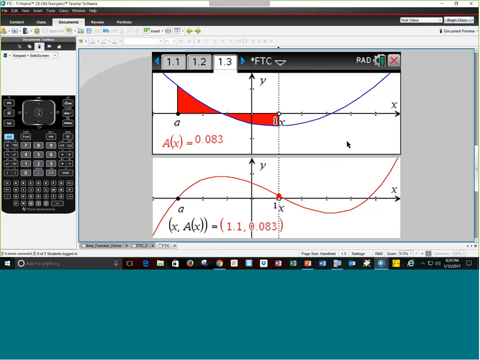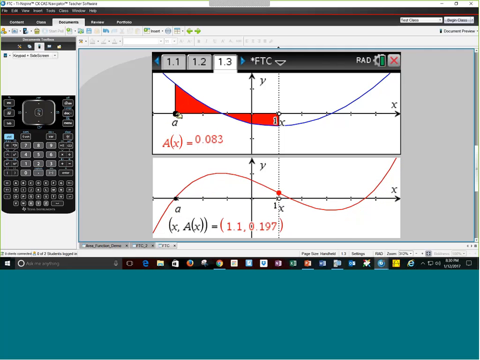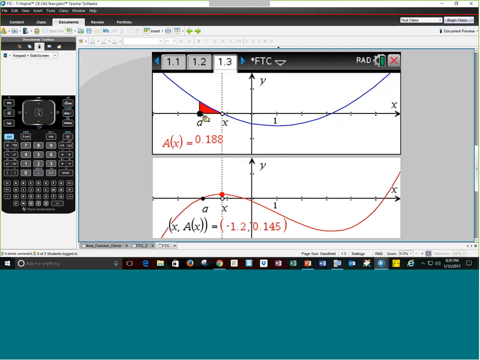Inevitably, one student in your classroom, if you're showing them this, and maybe they all have handhelds, or maybe they have iPads with the application, which is available, and the kids love to work with the iPads, some kid is going to say, what happens if A changes? And if you've never really seen this, this is a really aha moment. So watch the bottom graph if I start moving A. What is happening to the bottom graph? All it is is a vertical shift. That maximum value is going to stay a maximum value regardless of what the value of A is.